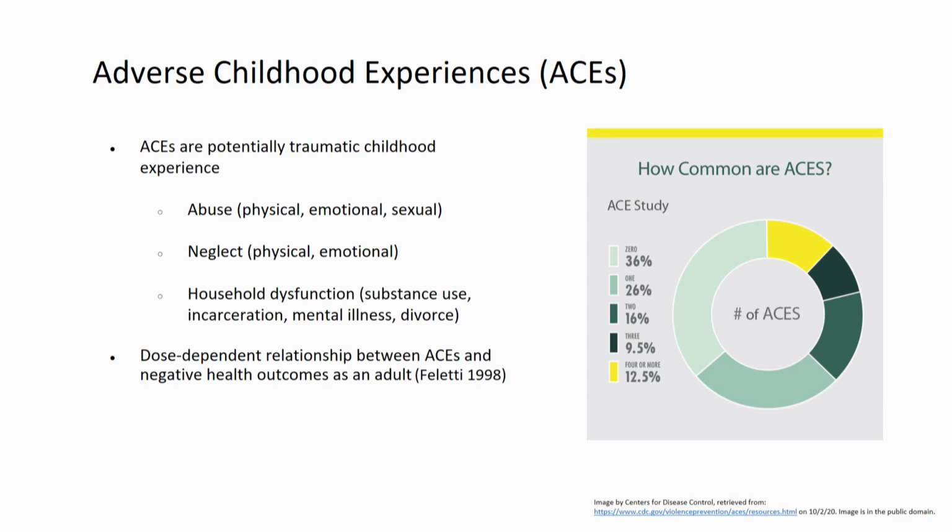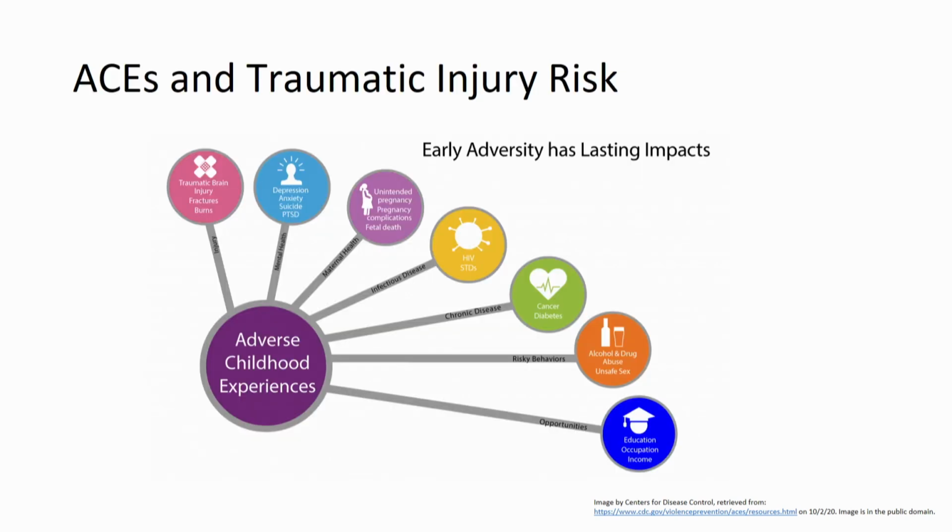And in the original study, they looked at a population that was primarily white, middle class, and insured. But even within that privileged population, they had some groundbreaking findings, including the majority of individuals experience adversity. 54% have at least one ACE. ACEs cluster. And then finally, there's a dose-dependent relationship between the amount of adversity you experience and your health outcomes.